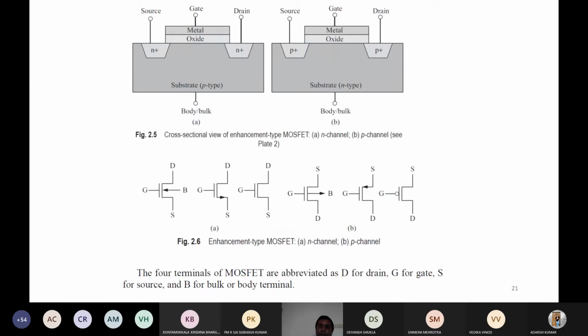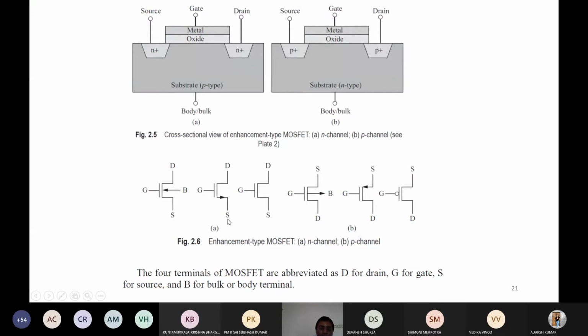the enhancement mode. Like here we have taken a p substrate initially, now for the p channel MOSFET we have to take an n type substrate, and we have to create source and drain also, but here the doping should be p type. So a p plus region is created for source, and a p plus region for drain, and there is an oxide layer, then on the top the metal or polysilicon gate layer, and this is source, gate, drain, and this is body contact, here also body contact. So a cross sectional or side view is shown for the n channel MOSFET and p channel MOSFET.